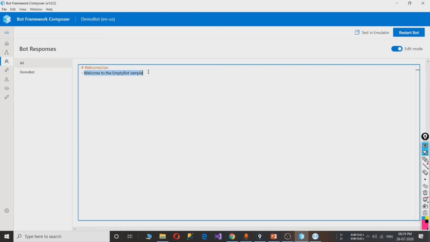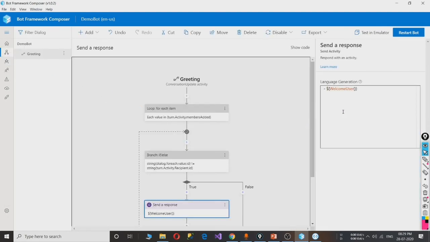You can change it and see whether it is reflected or not. Here I am changing it to welcome to our first bot. Now go to the design page and hover the mouse over welcome user. Here you can see the message is reflected back, welcome to our first bot.